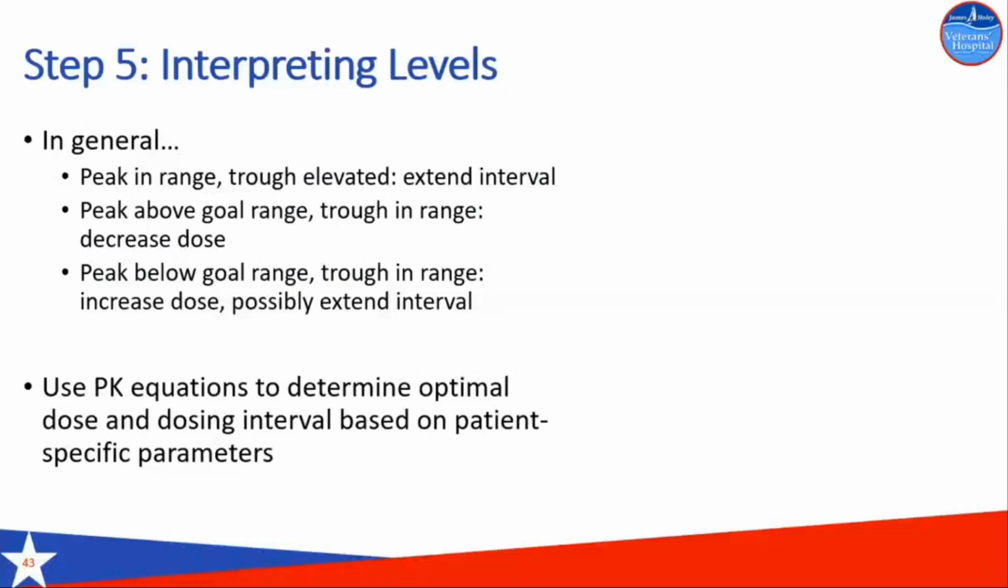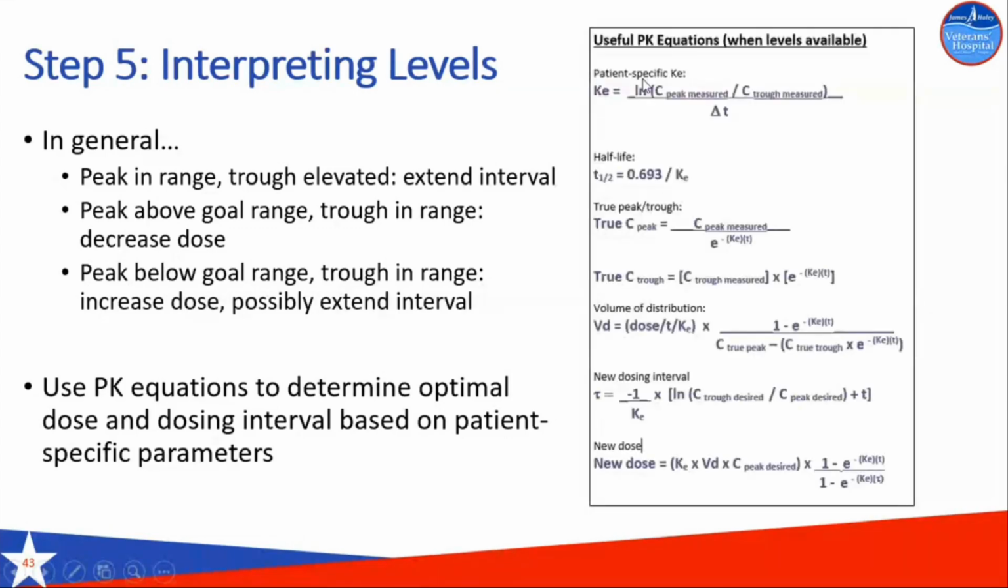So in general, if your peak is good, but your trough is too high, we want to extend out that dosing interval. If your peak is too high, but your trough is good, we're going to change the dose. And then if your peak is too low, but your trough is in range, we can make some adjustments there as well. Obviously, you're going to want to use pharmacokinetic equations to determine that optimal dose based on your patient-specific